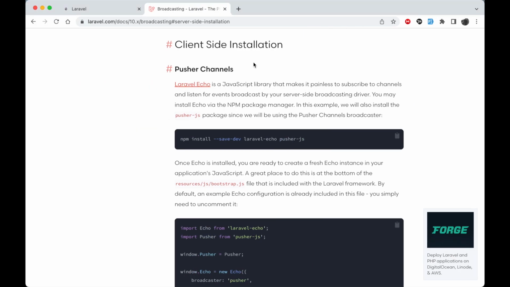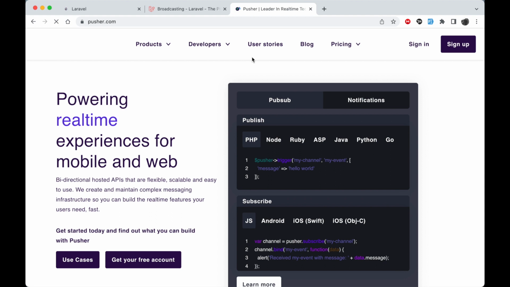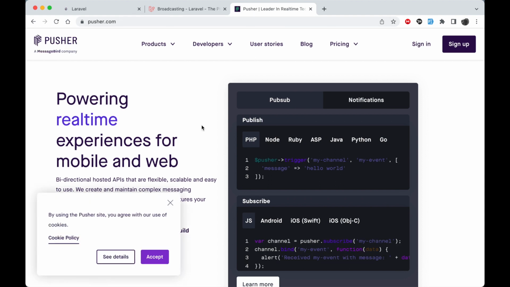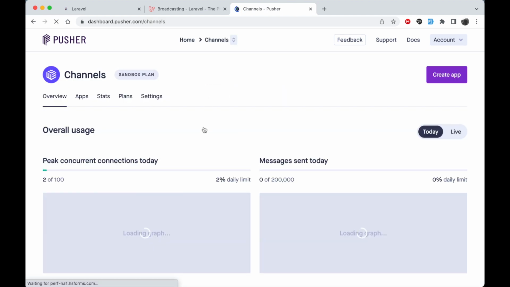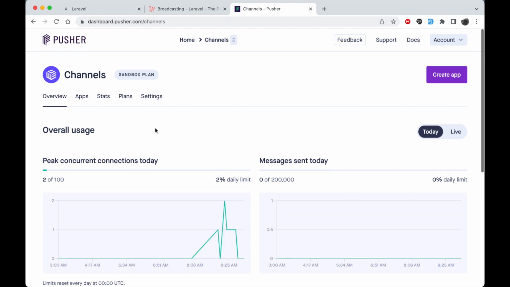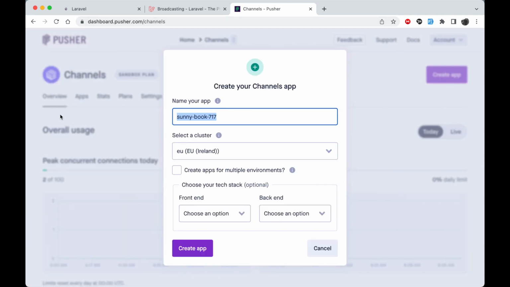In here, let's go to the pusher website. Right, in here we have to create an account. You can just click sign up if you don't already have an account. If you do, just click sign in. And so in here we can go to manage. Alright, let's go to the channels. In here we can create an app, a new app. We can call this one Livewire